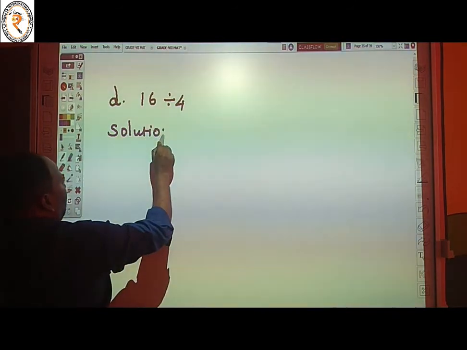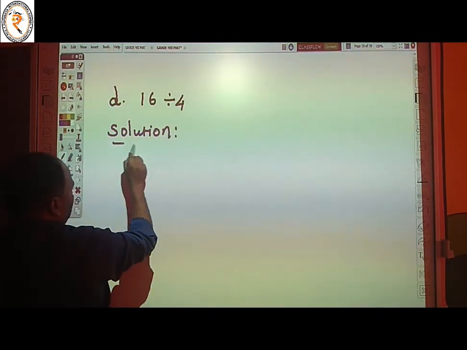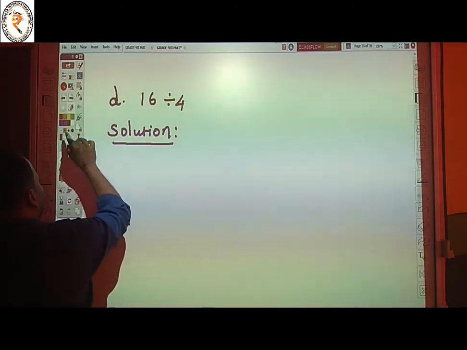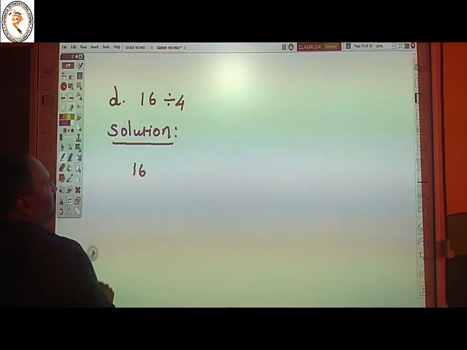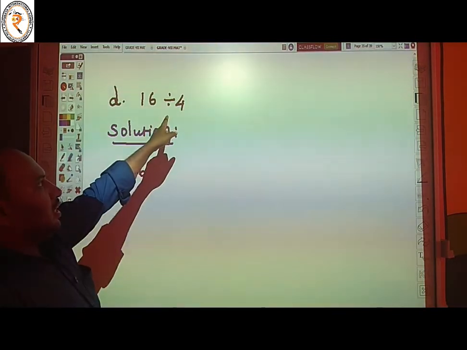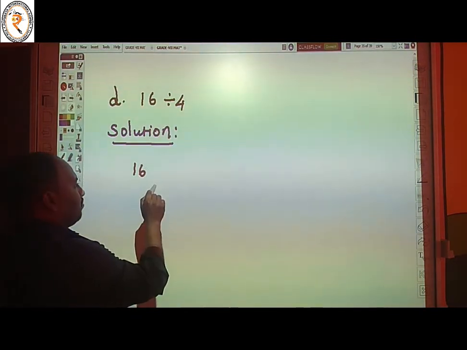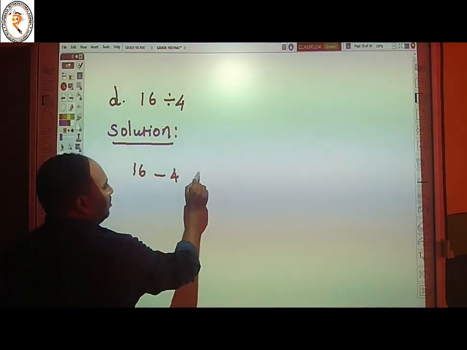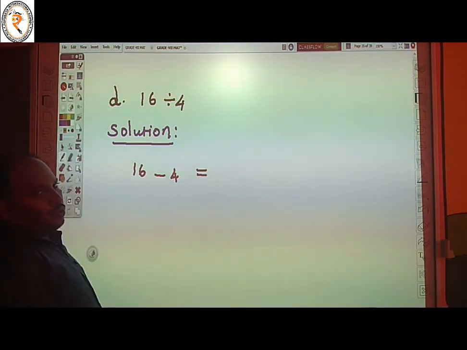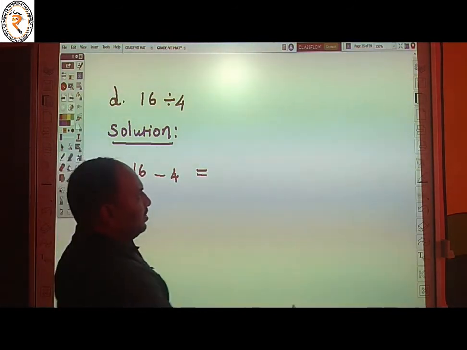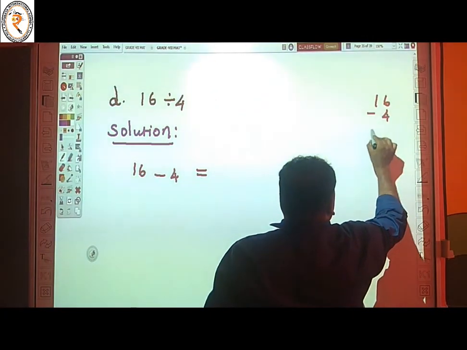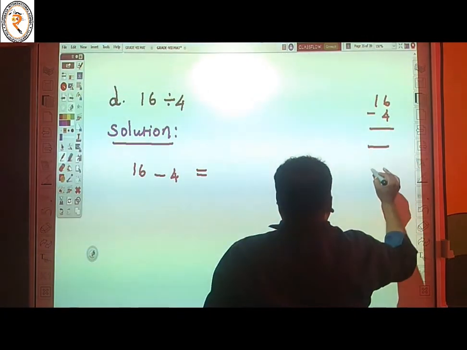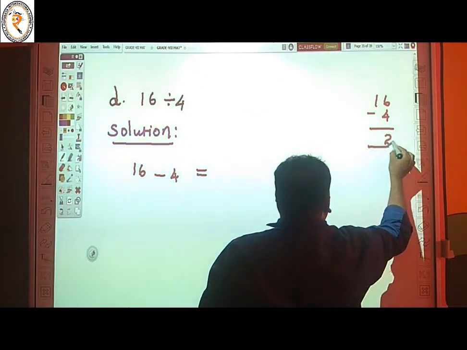Solution. Divide means repeated subtraction. So 60 divided by 4. So we take minus 4. 60 minus 4...